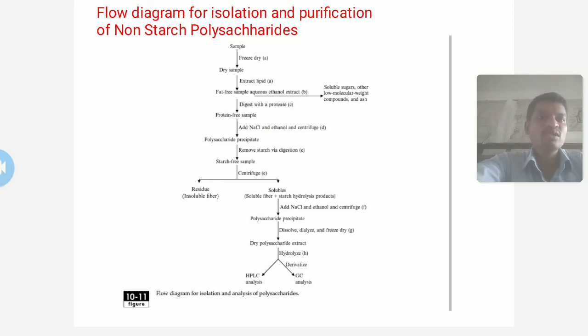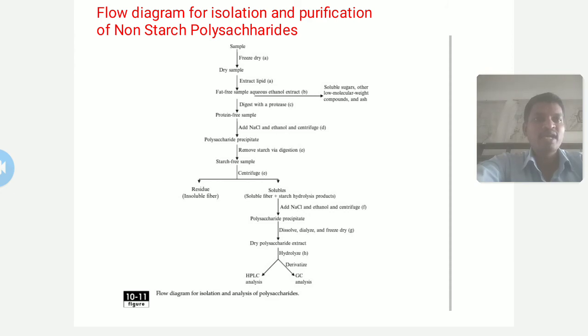Then remove starch via a digestion process. Okay, you can just remember this flow diagram. Try to remember all the steps used for the isolation and purification of non-starch polysaccharides. Then this starch free sample is